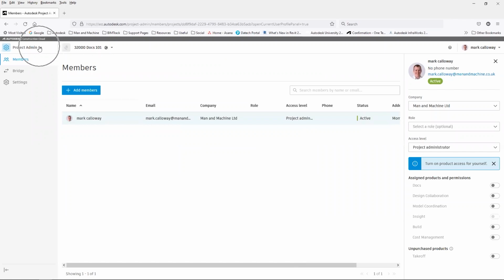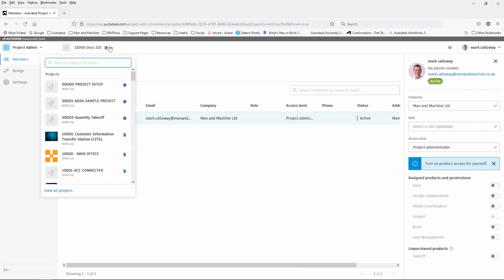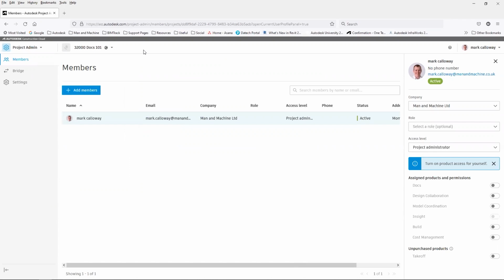Okay, so we're currently looking at project admin, but if I click on this button again, I can always switch back to my account admin that we were just inside. Again, to the right, if I want to change the project that I'm accessing, that I have permission to, I can click on here and switch between different projects. So at project admin level,